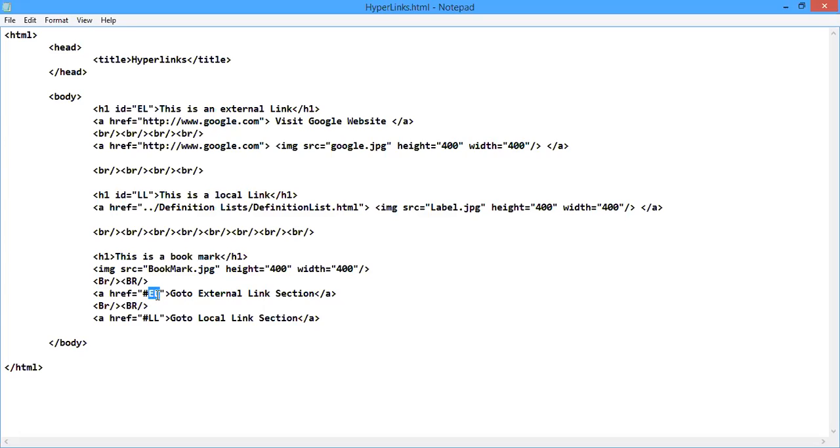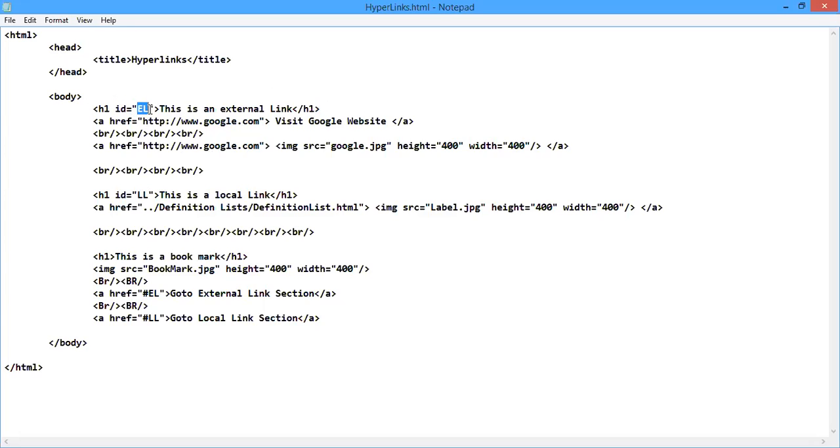EL is the text that I have set as the value of the ID attribute at the H1 tag of the external link section. So you can see this is the external link section coding. There, when I put the heading using the H1 tag, I have used an attribute called ID, and I have set the value to EL.